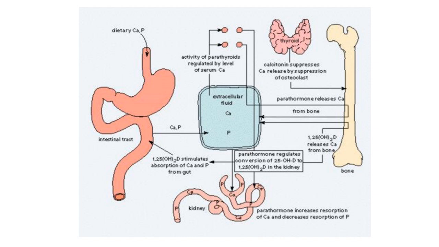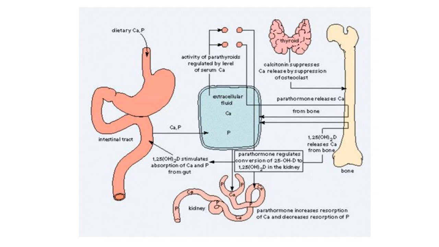and as you know, calcitonin receptors are present on the osteoclast, and when the thyroid gland secretes calcitonin, it causes a decrease of calcium release by suppression of the osteoclast. Vitamin D also releases calcium from the bone, and this release is regulated through the parathormone, as the parathormone also